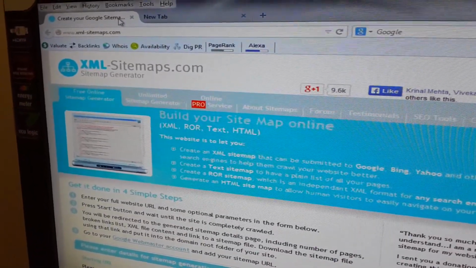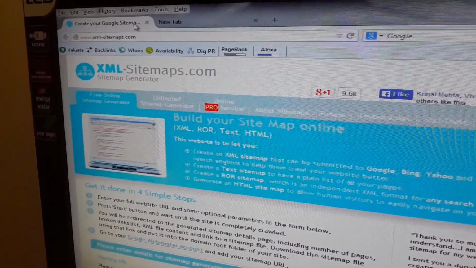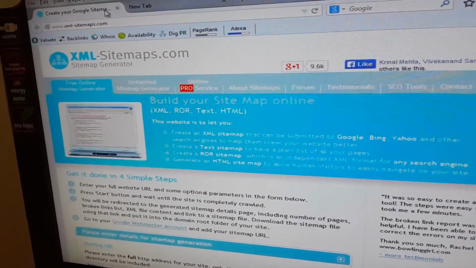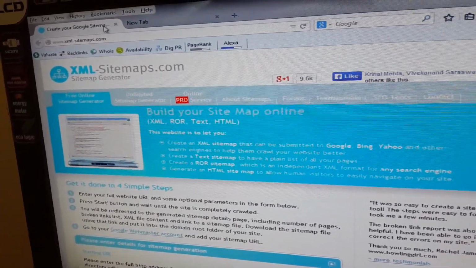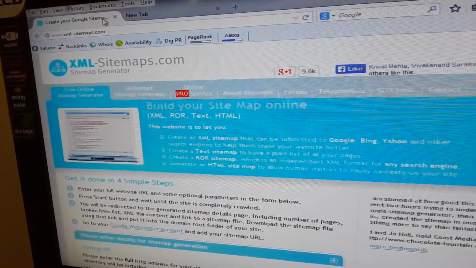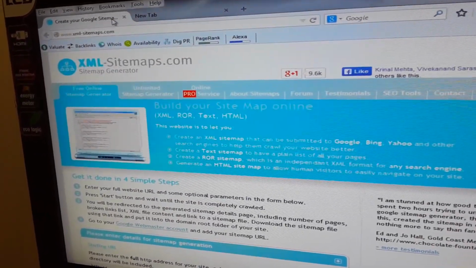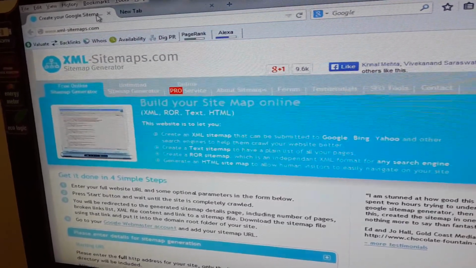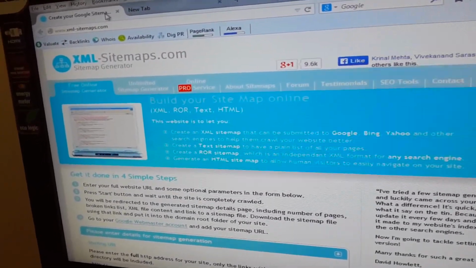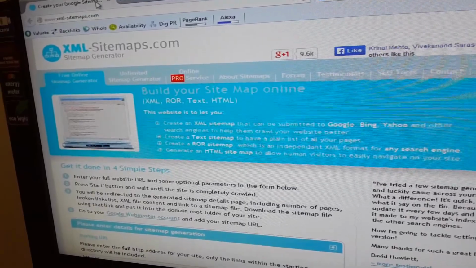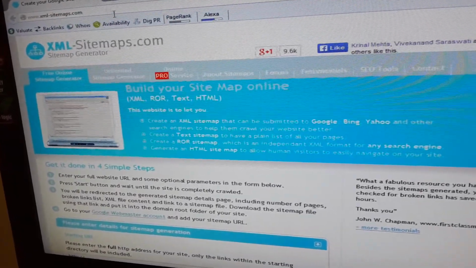To create a sitemap for other platforms, there are many online websites available for generating sitemaps online for Google, Yahoo and Bing. As well as there are many online software tools available through which you can generate the XML sitemap, as well as a Yahoo sitemap like URL list.txt, and sitemaps for other search engines like ROR.xml. Here,